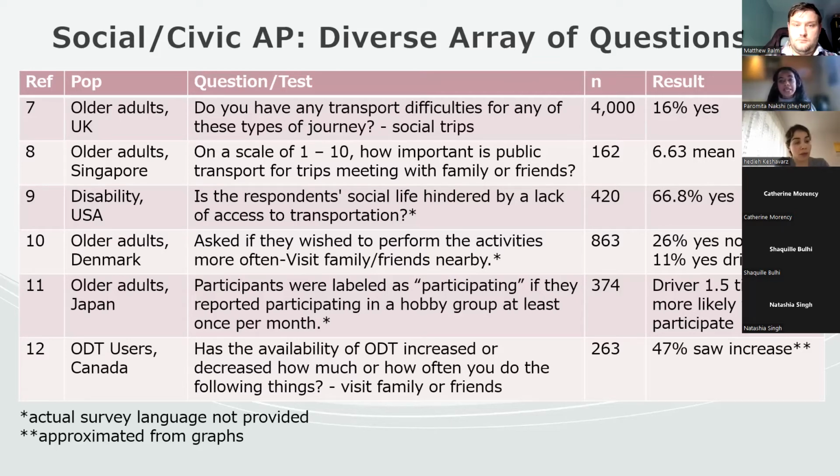And as you can see, in terms of social activity participation as well, there is a significant number of people that highlighted that they have faced transportation difficulties when making any kind of social trips, or their social life was hindered by lack of transportation. Almost 67% of people living with disability in one study mentioned that access to transportation hindered